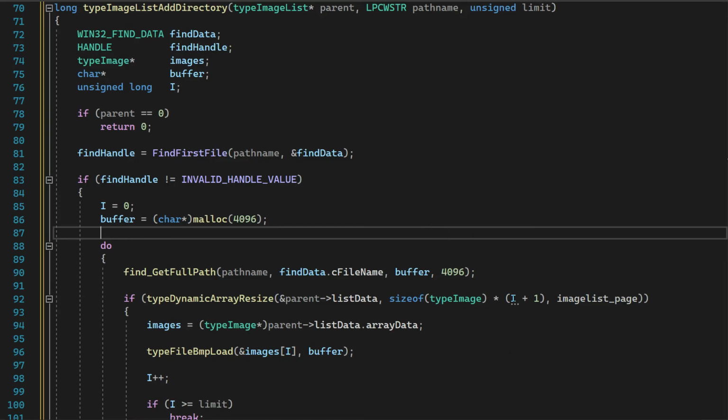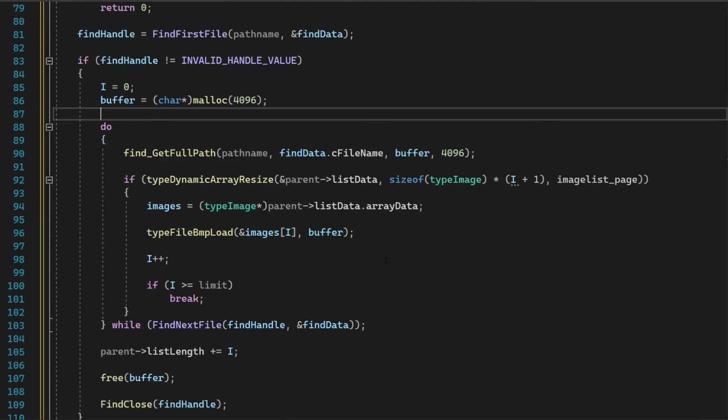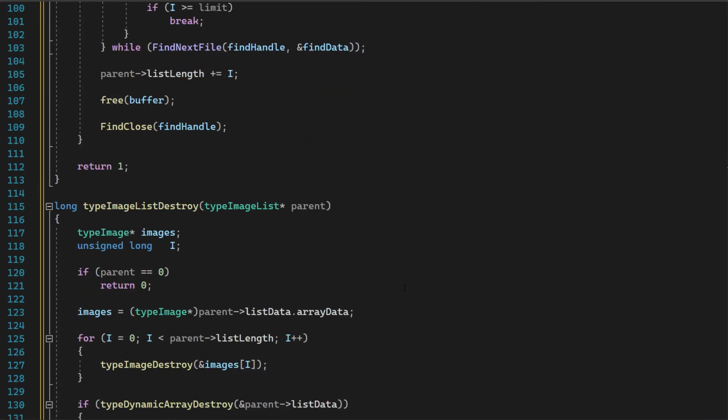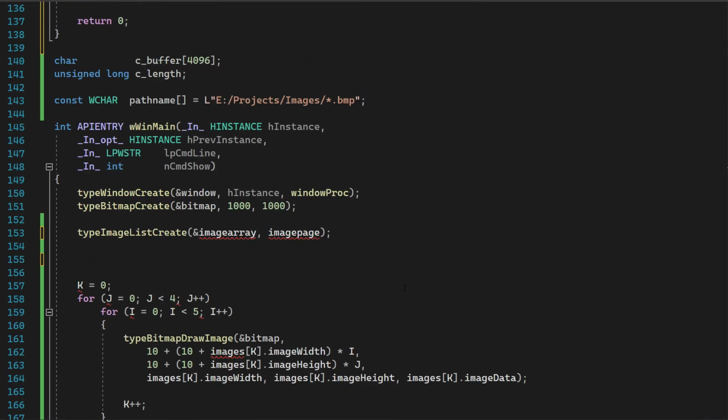Why does it do that? A sub-expression may overflow before it is assigned to a wider type. What? No. Size of type image, I+1. I don't care about that. Okay, okay, type image